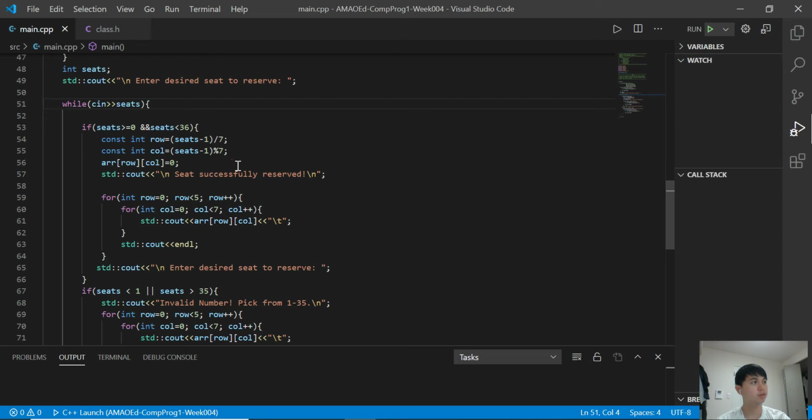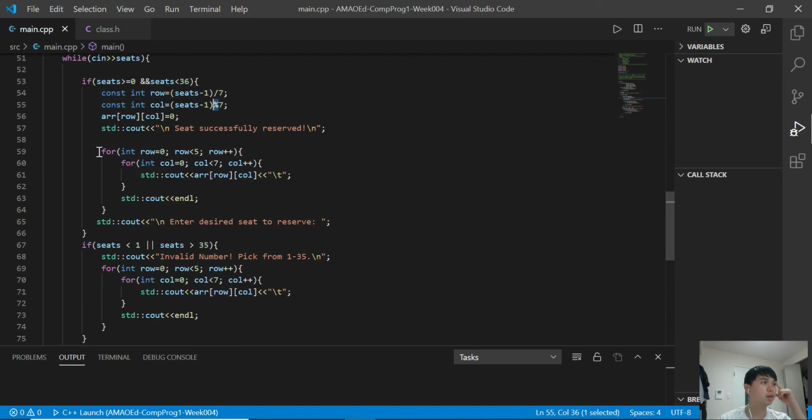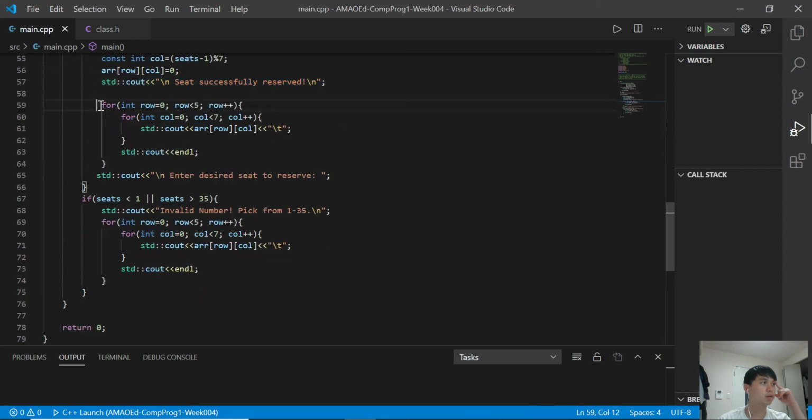And it will be stored here in row and column variables. And this is the formula to validate: seats minus 1 divided by 7, and here it's a modulo operator, and it will update and say that the seat is successfully reserved,